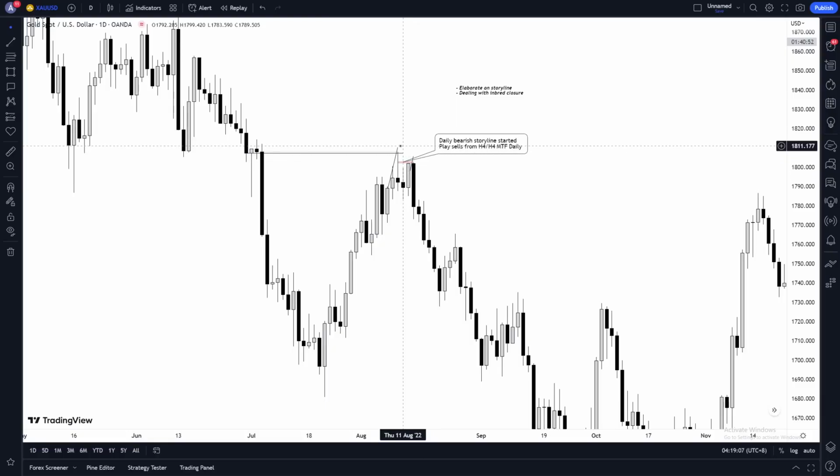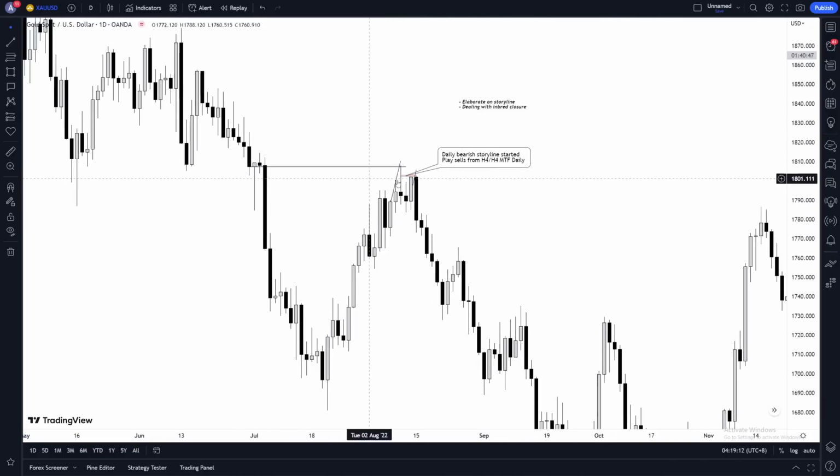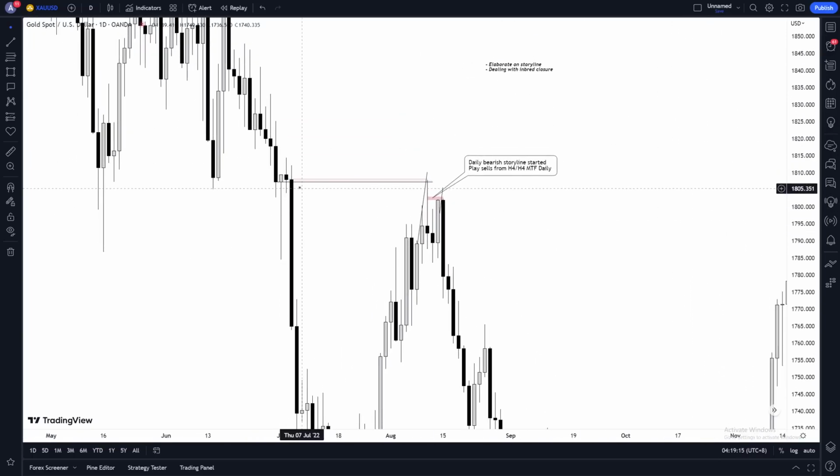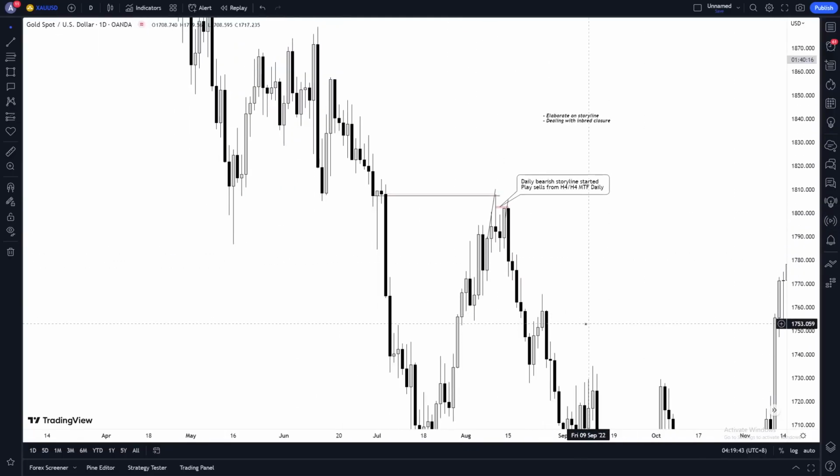Now, if price violates and breaks this entire thing with a body close, then of course you won't keep on looking. That wouldn't be low risk anymore. If you're entering from above here, those are all high risk. Unless price comes up, touches this and does a daily reject, and then you want to take it after that, that's a different story, right? No pun intended. But here we're still within that setup, because when a daily storyline starts, it means that an H4 has already broken. When the H4 has already broken, it means they're giving you some zones over there. Once there's a breakout, there's always going to be zones to play from, be it H1 or H4. But yeah, so that was that.